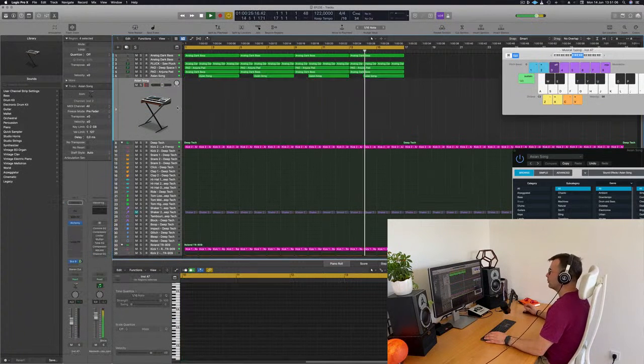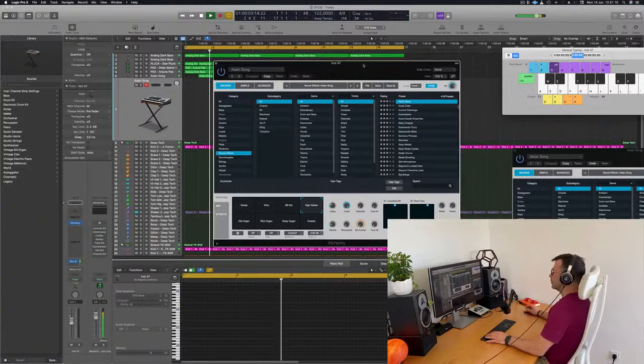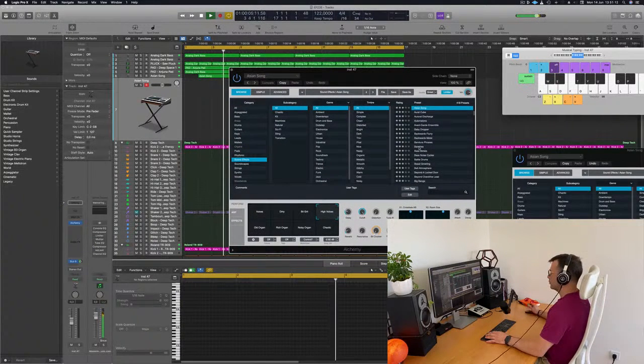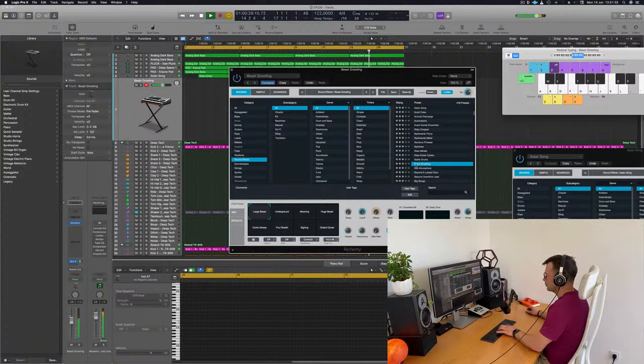I think I could add a little bit more to add some dimension to make it more interesting. So we have a lot in there, of course. Growling.